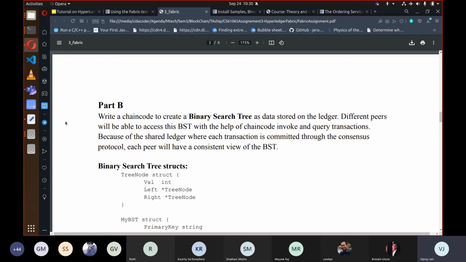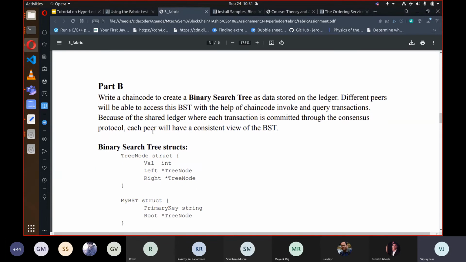So in this second part, we will be using 3 or 4 or multiple peers, which will execute invoke transactions, insert the data into the binary search tree, and retrieve the data from the binary search tree. So you need to make a structure that will store a binary search tree in your ledger.